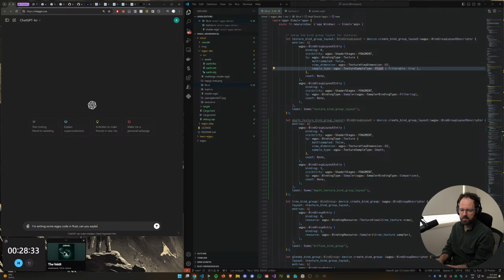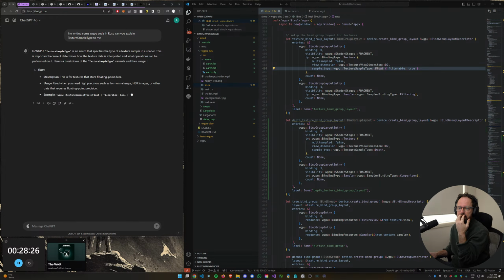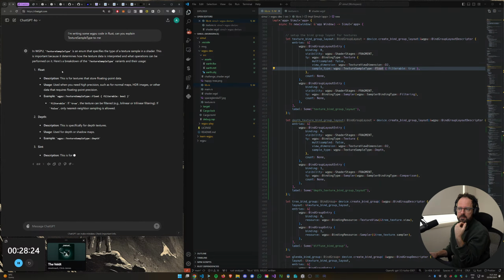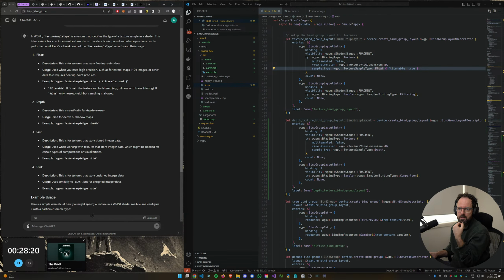Can you explain to me? Floating point data. So it is depth textures. Yeah. But we want to interpret the data in there as float and then